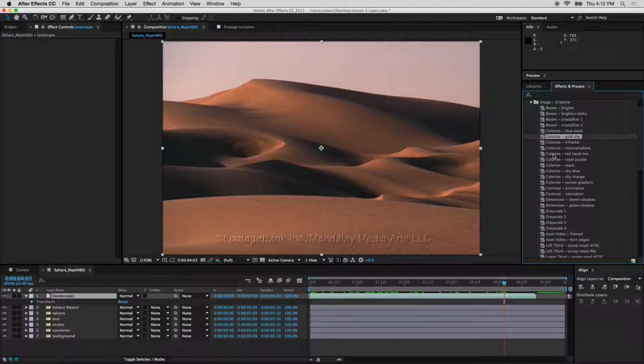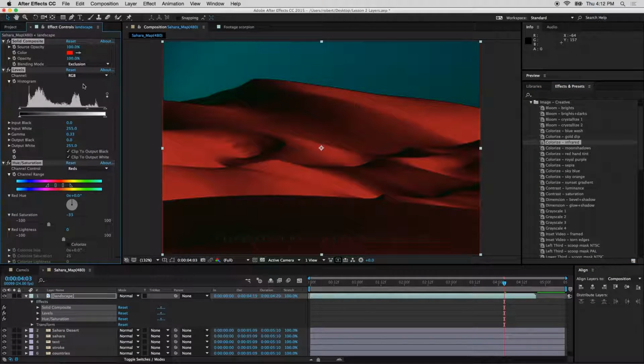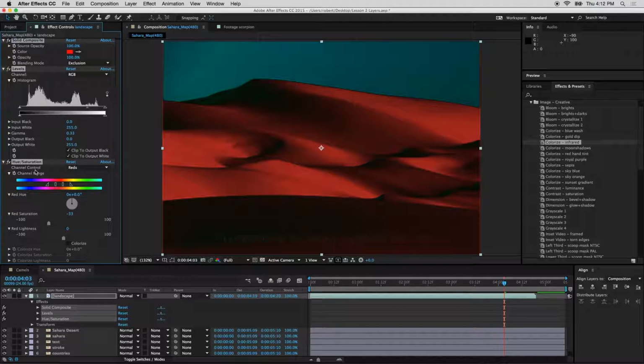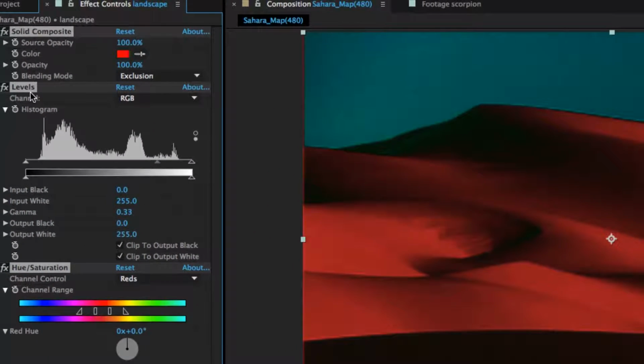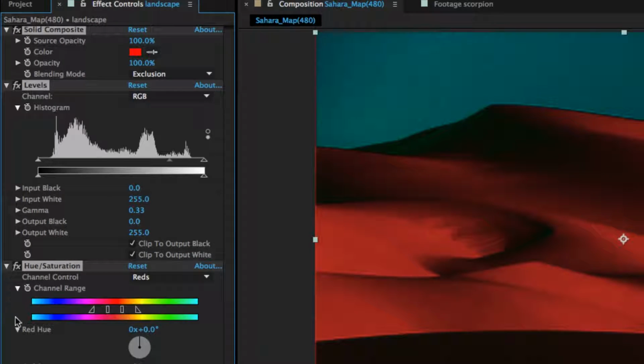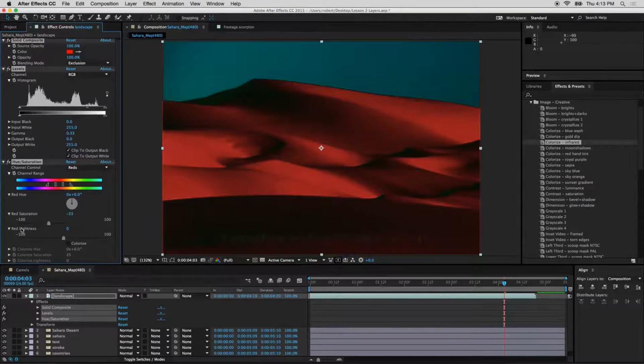So let's try colorize infrared. We're going to drag that onto our layer. And you see it makes it look infrared. And it does a pretty good job right off the bat. But also, in your effect controls, it opens what turns out to be three different effects it's using. It's using an effect called solid composite, that's the one at the top here. Levels, that's a very common effect. And then hue saturation. What's nice is it opens it over here, which allows me to then make my own